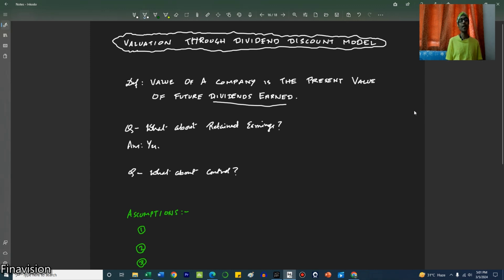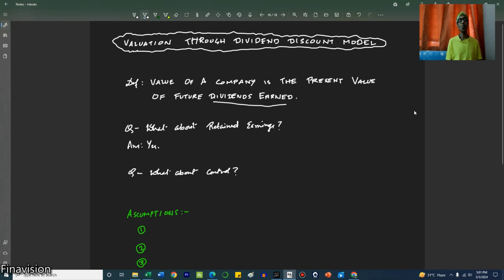Control means if we have the ability to take decisions alongside the management or play the management itself and take decisions in the operations of the company. The answer is, dividend discount model takes a posture where there is non-controlling interest. That is, it is like a retail investor or an investor who doesn't have that much stake in the company where he or she can influence the decision makings in the company. So it is a non-controlling stake or non-controlling position.